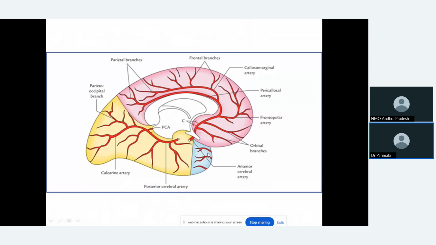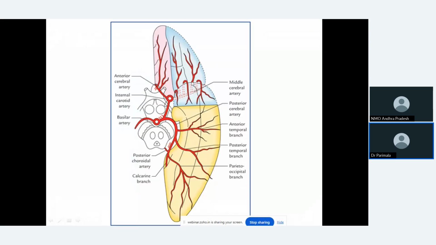This is related to the middle. In the middle is the middle cerebral artery. This is the stem of the lateral sulcus. This goes to the lateral surface. Middle cerebral, close to the midline, medial surface, anterior cerebral, inferior surface, posterior cerebral. Nearer to the midline is always anterior cerebral, the inferior surface and posterior is by posterior cerebral. Adjoining the lateral sulcus, this is the stem of the lateral sulcus, it is middle cerebral.